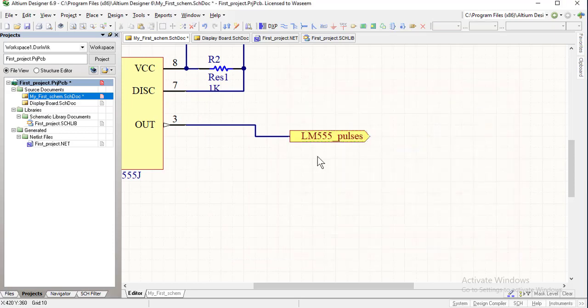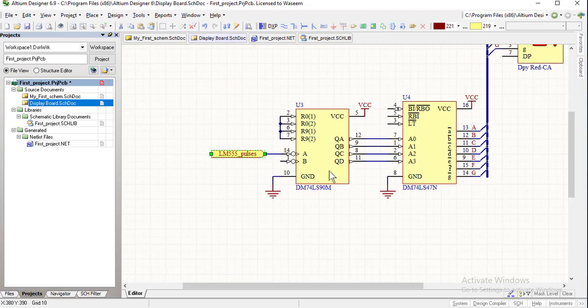Now it has become an output port, and we can save it. Although the schematic documents are different, and pin number 3 is not connected to pin number 14 through a wire, these ports, LM555 pulses, in the 2 schematic documents make a connection between the 2 pins.